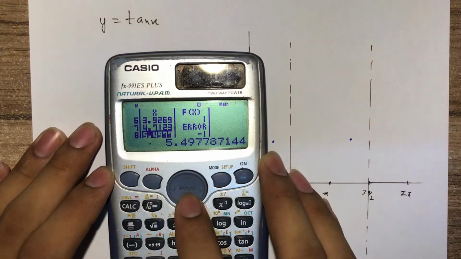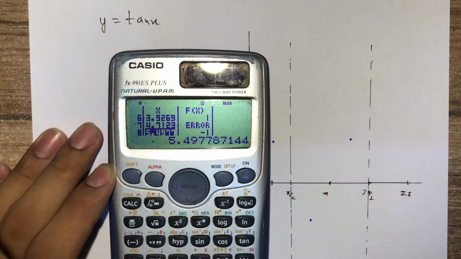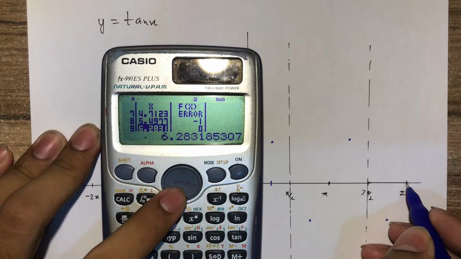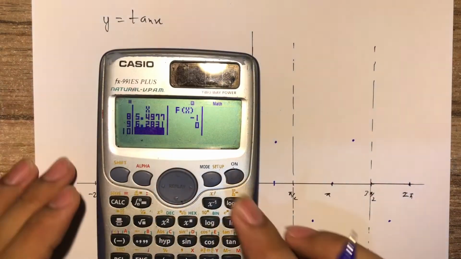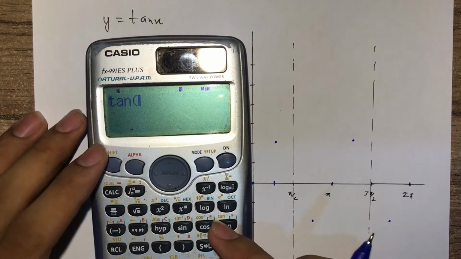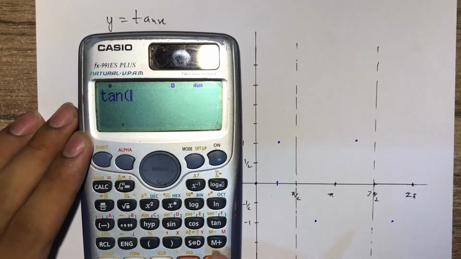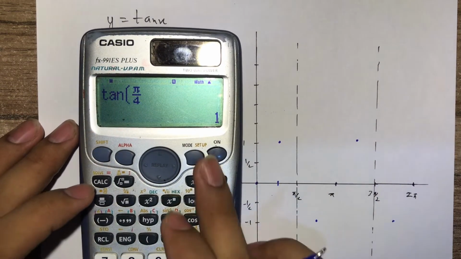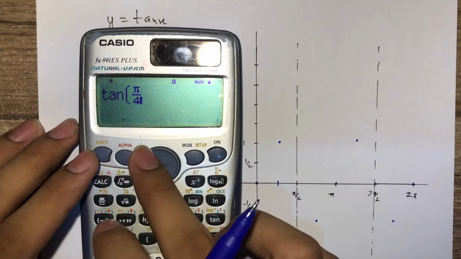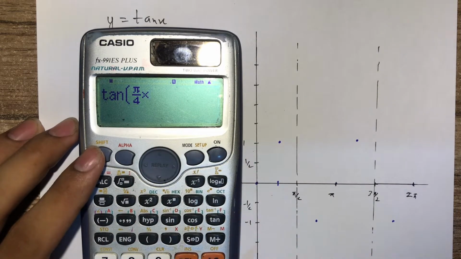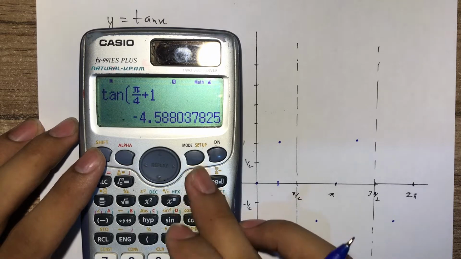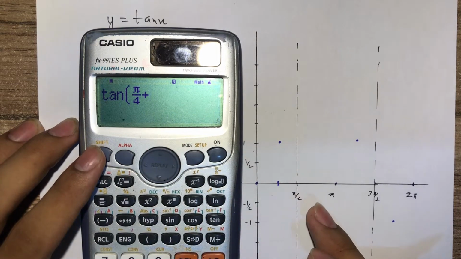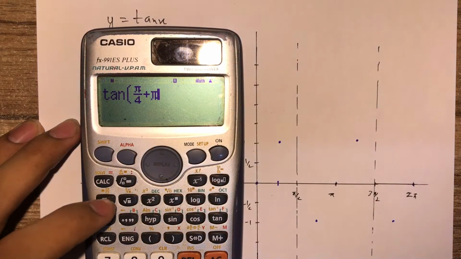After that there is 3 pi by 2 plus pi by 4, that's giving negative 1 over here, and then at 2 pi it's 0, right? So now to show the asymptote, what I'll do is I'll take tan pi by 4, that's giving me 1. Then let's add 1 to this, we're getting, sorry, not 1, we can't take a value above pi by 2, so we'll add pi by